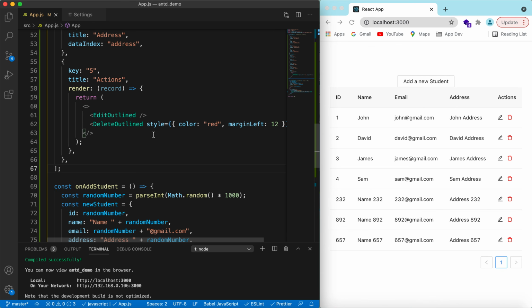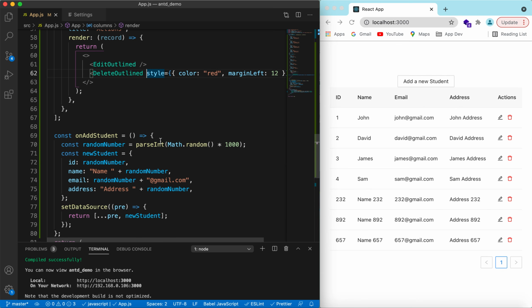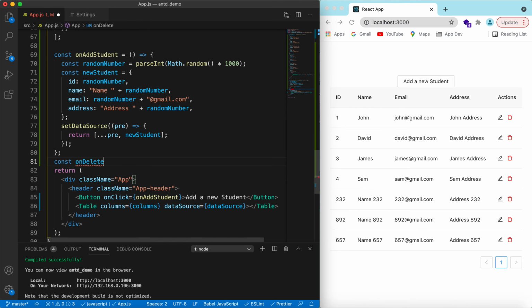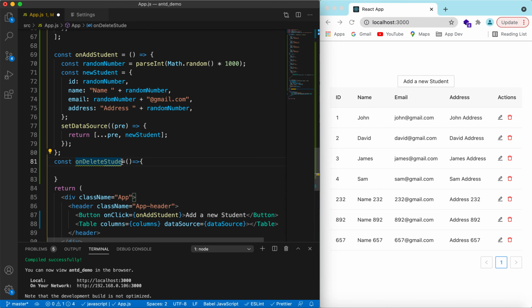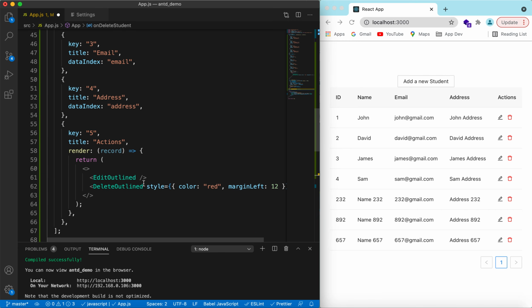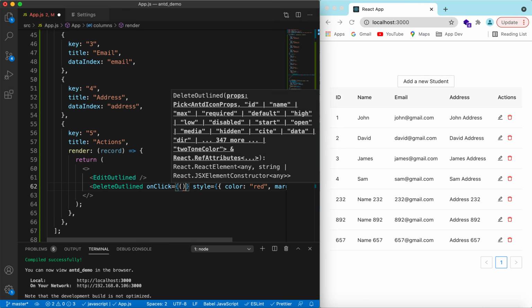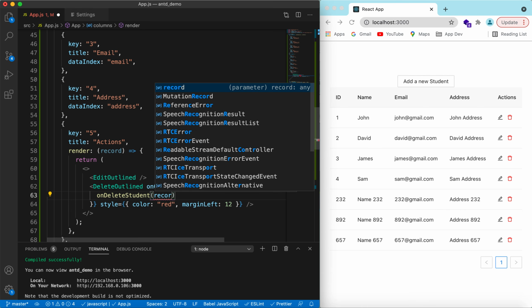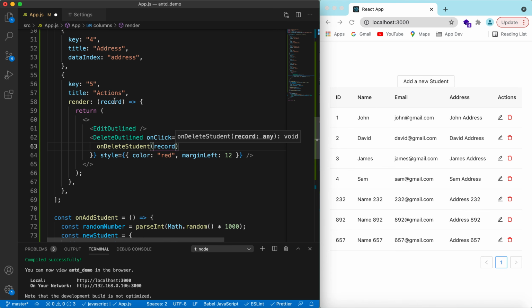Okay, so now let's add a function similar to what we have added on add student. We can add a function on delete student, and in that we will be getting the record of the row which the user wants to delete. So here on click of this delete icon, we will be calling on delete student, and we will be passing the record, whatever we have got here, right? So record,